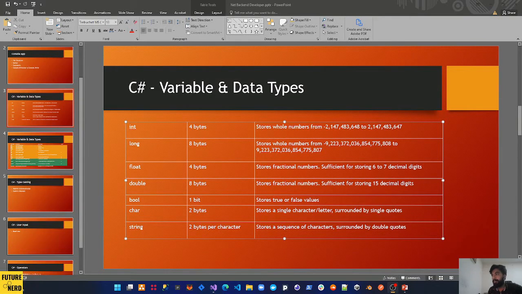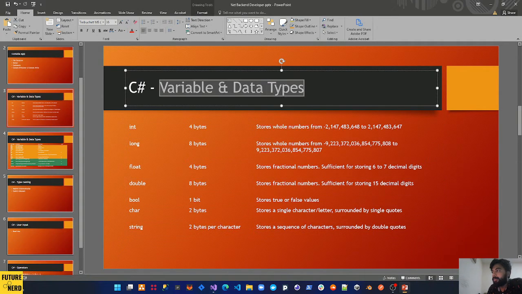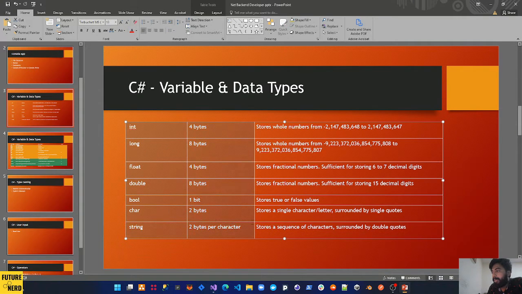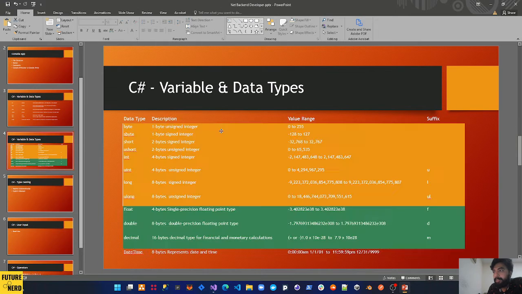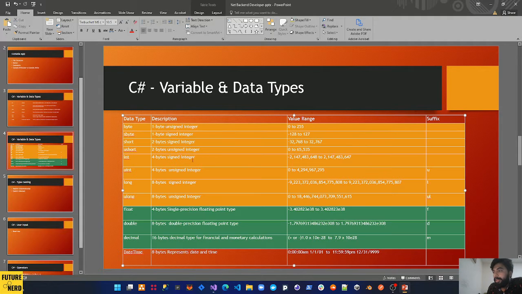Hello, welcome back. And today we will discuss variables and data types in more detail. As we know, we have these data types that we had covered in our last session. And let me show you some more data types. Okay. And in this slide, we can see we have the same data types that we had covered in our last